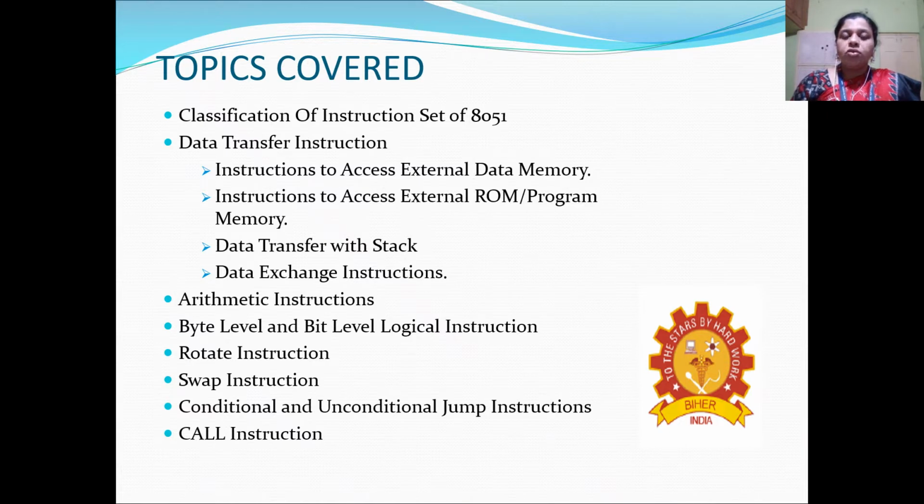Then we'll move on to arithmetic instructions and bit and byte level logical instructions. After that, we'll discuss rotate and swap instructions, and also jump instructions, conditional and unconditional jump instructions, and finally the call instructions.